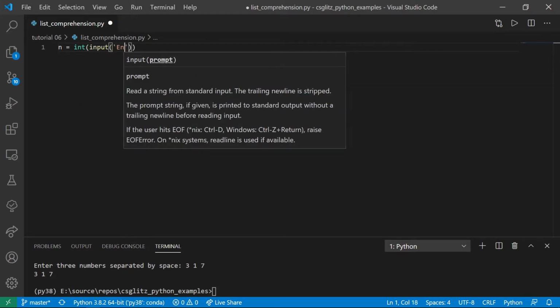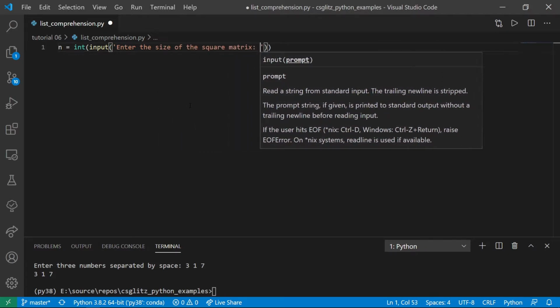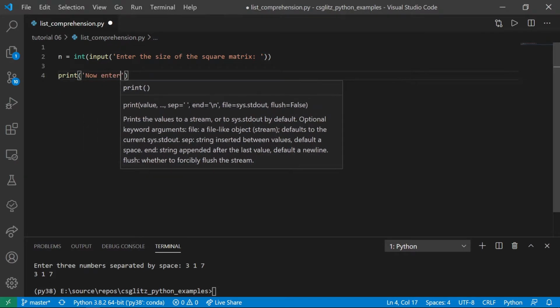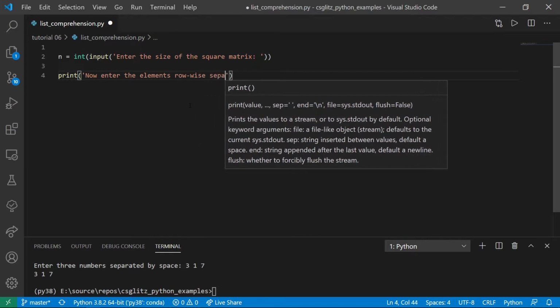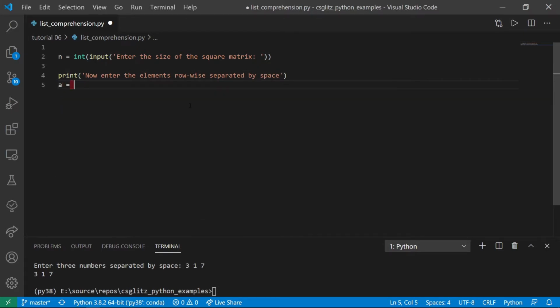Let's take a n by n matrix from the user using the nested list comprehension. First, it will try to create a list with n elements in it.